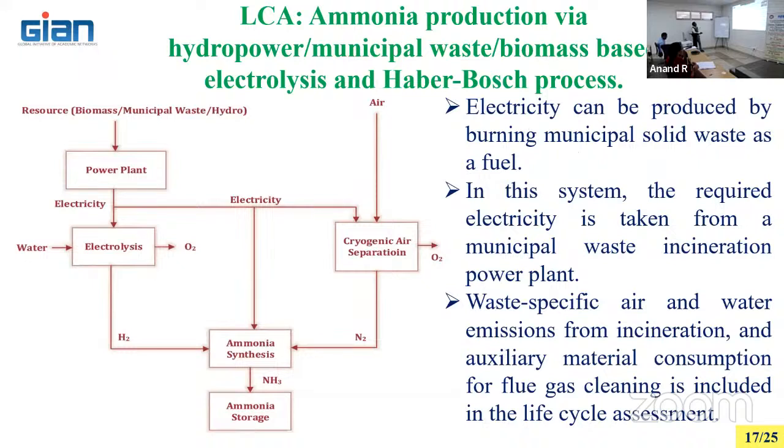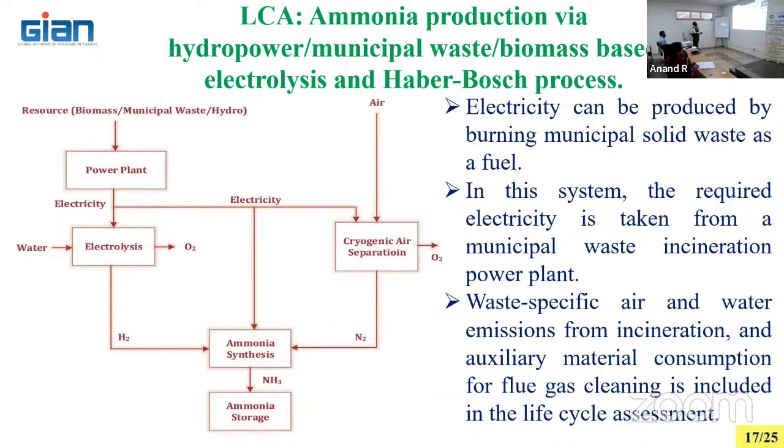This is the simple one, but don't assume that this is the simplest. For easy understanding, we prepare the flowchart like that. Suppose we are using biomass as a material, municipal solid waste as a material, or hydro as the energy for producing the power. Accordingly, suppose we are talking about biomass, the energy you are absorbing from the solar to produce the biomass. Then harvesting, transportation, then bringing the biomass to the required size. All those things you take into account. Then during that transportation, you are going to lose some biomass somewhere. So everything you will take into account for producing the power.